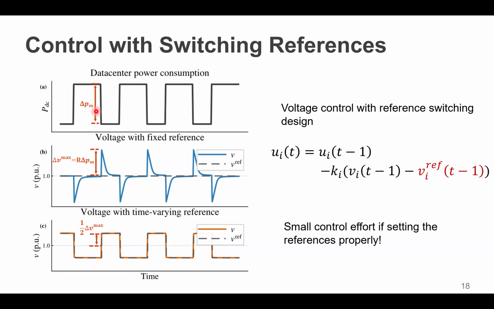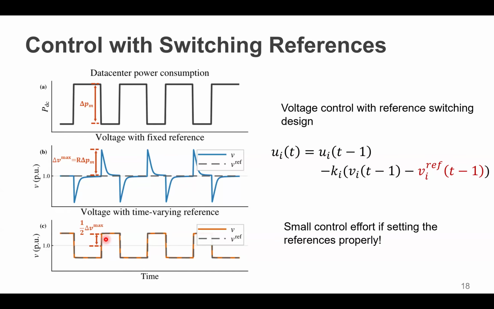So then when the power shifts from the computing phase to the idle phase, right? That is a sudden load decrease. So that results in a sudden voltage increase to the magnitude of delta V max here. But because we are starting from the point that is just minus half of the delta V max, after the shifting, it will just shift to the value that is about positive half of the delta V max. Then through the simple design of the voltage reference, we are able to reduce the voltage deviation by half, right?